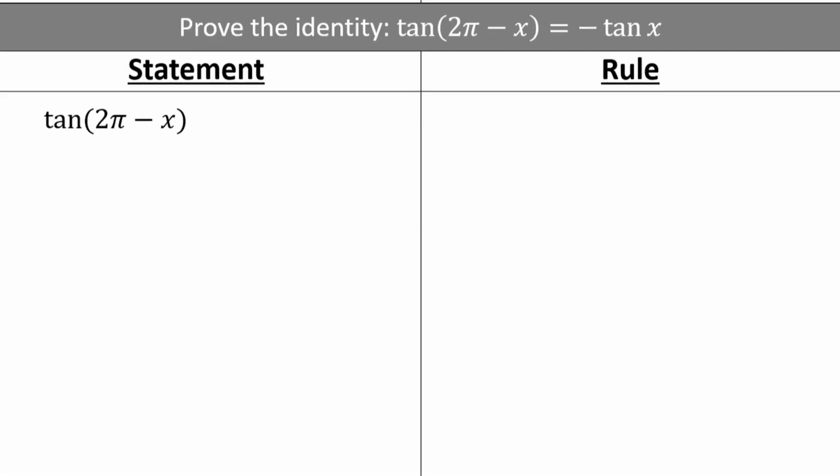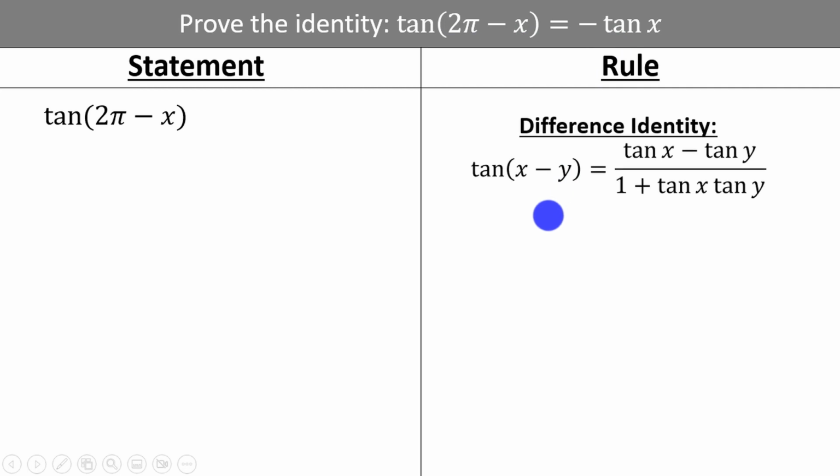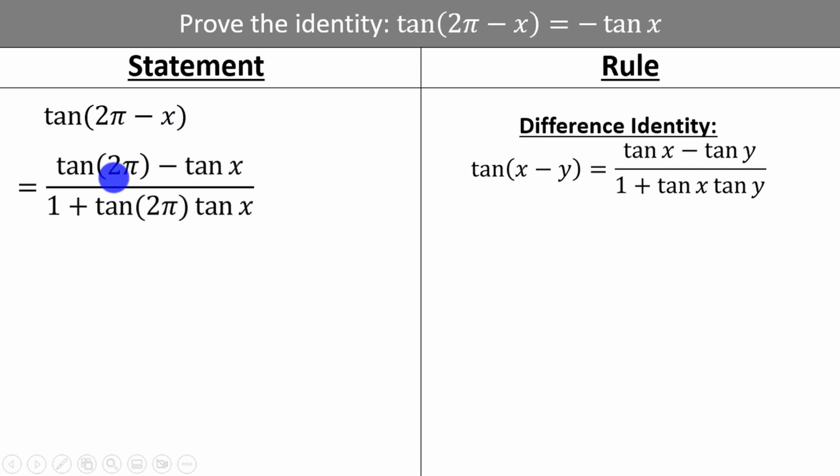Let's try another problem. We are asked to prove the identity tangent of 2 pi minus x is equal to negative tangent of x. We note that the difference identity for tangent is tangent of x minus y is equal to tangent of x minus tangent of y divided by 1 plus tangent of x times tangent of y. For our problem, x is 2 pi and y is taking the place of x. Therefore, we have tangent of 2 pi minus tangent of x divided by 1 plus tangent of 2 pi times